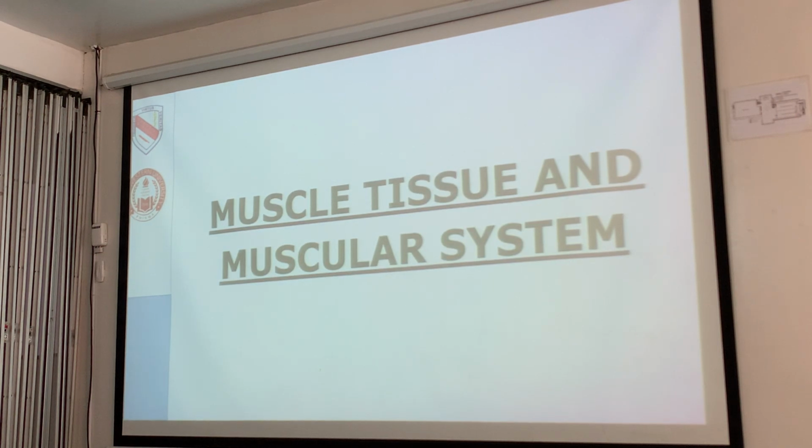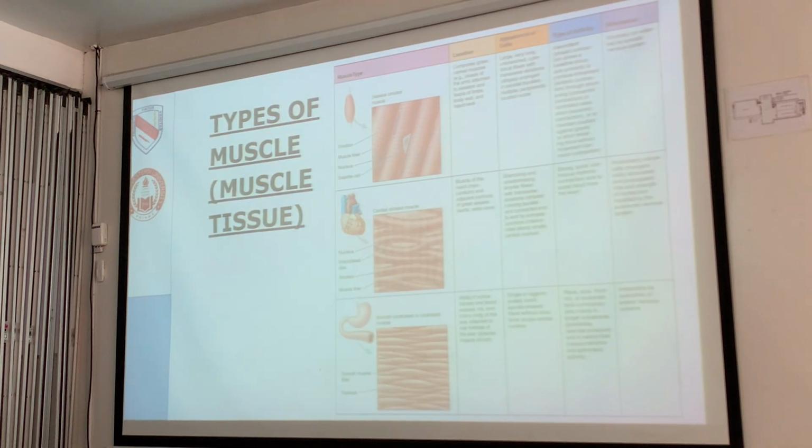Now we'll go to muscle tissue and the muscular system. You have three types in the muscular system. Of course, you are familiar with this: cardiac, smooth, and skeletal muscle. This one is already in tabulated form in your book. Please familiarize yourselves. I am very particular about this because I am lazy. It is very easy to formulate questions, especially from tables. So when you have a tabulated form in my lecture, please master it. Okay?